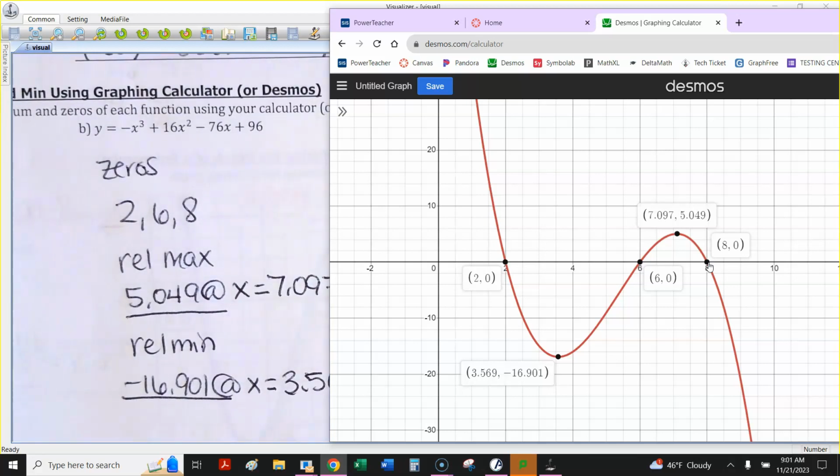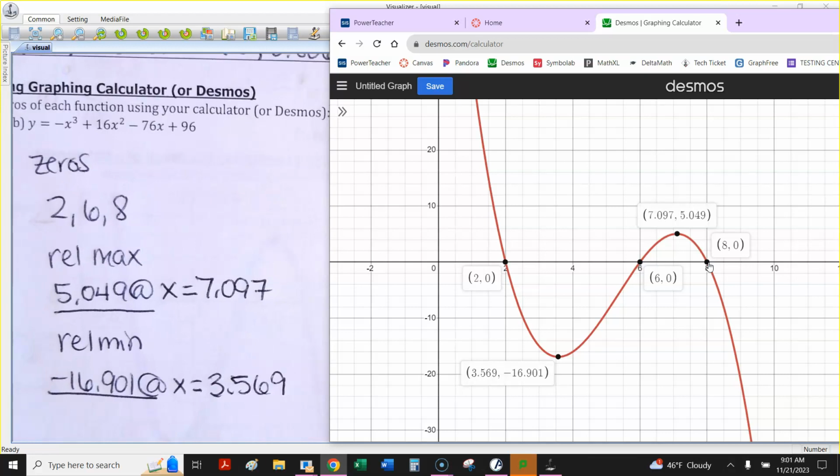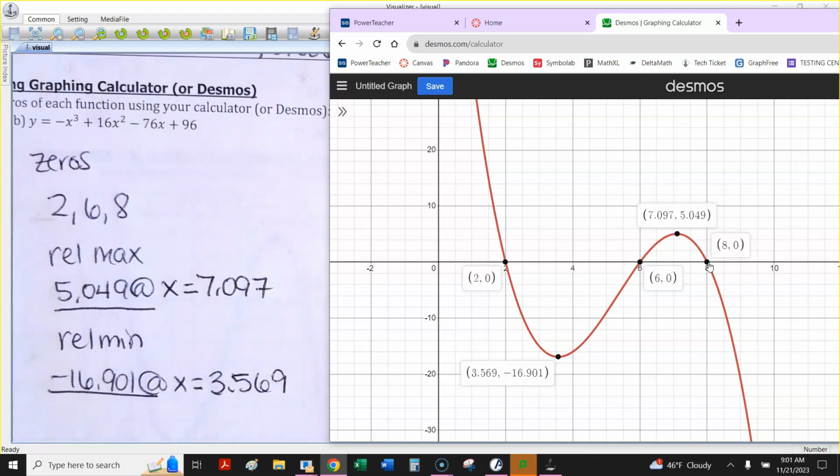Okay, is anybody having a question? You just click on it, like with your mouse. I usually click on it with the mouse. I don't know if it'll work with